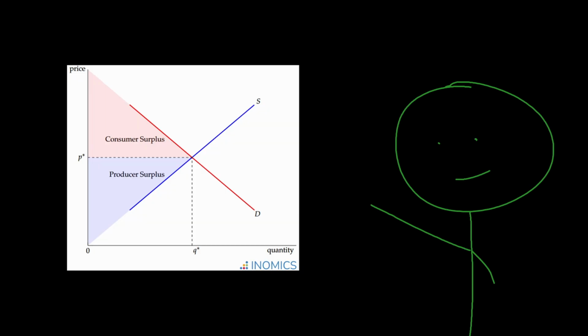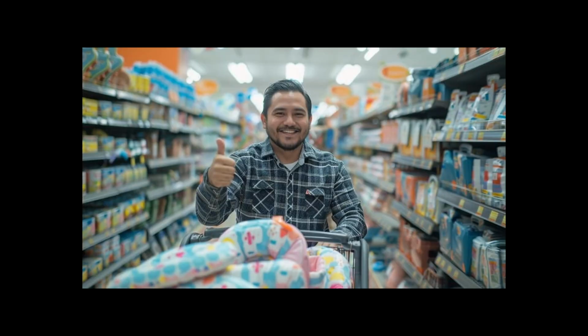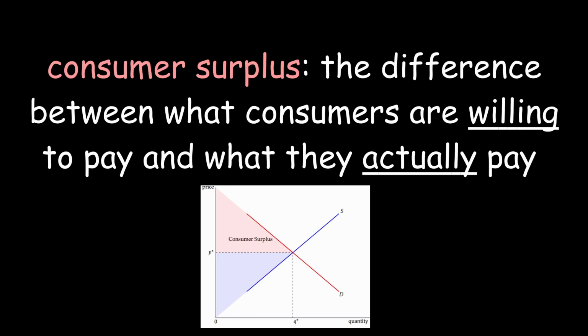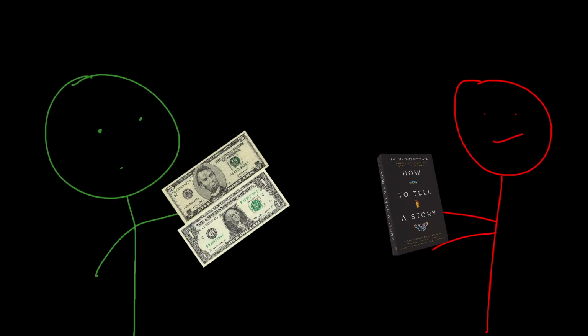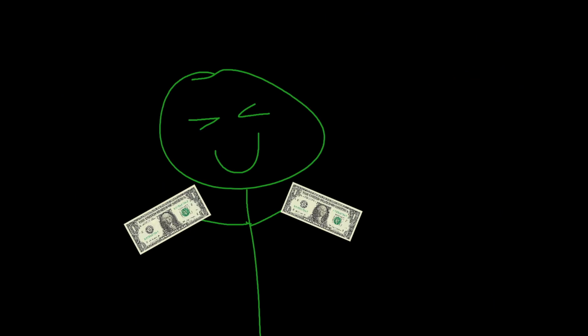Consumer and producer surplus help us understand the benefits that buyers and sellers get from participating in a market. Let's start with consumer surplus. It's the difference between what consumers are willing to pay for a good and what they actually pay. Think of it like a bonus. If you're willing to pay $6 for a book, but you got it for $4, that $2 difference is your